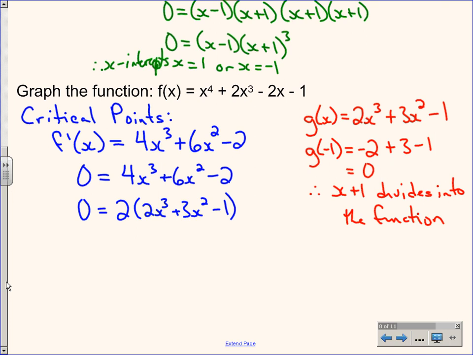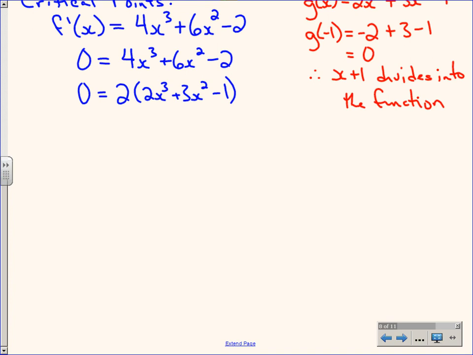Mr. Vandenberg probably told you that I don't like synthetic division. I don't have a great reason why I don't like synthetic division. I just don't. So you guys will probably be able to do this much faster than I can. It's okay, I'll race you. I'm going to divide x plus 1 into 2x cubed plus 3x squared plus 0x. Don't forget to put that x term in, minus 1. And if you don't want to see the long division, you want to do synthetic, just ignore me. X plus 1. So that's going to be 2x squared